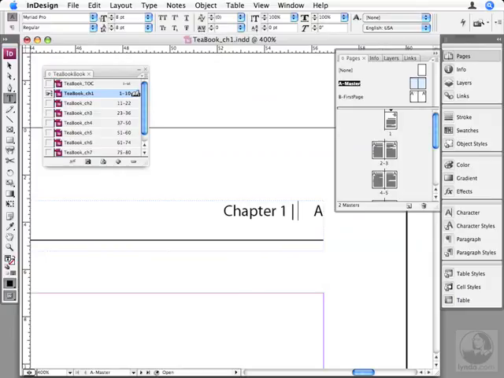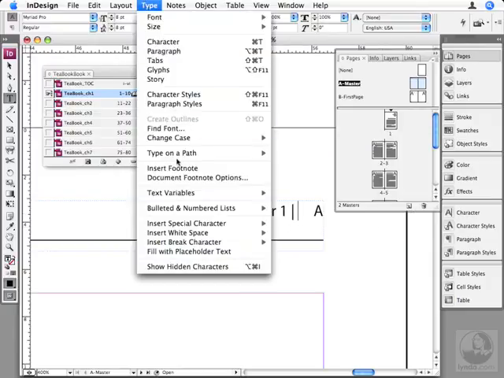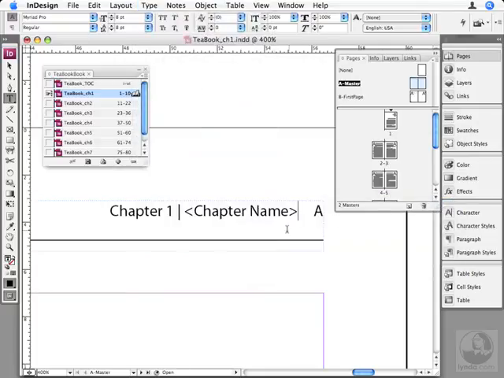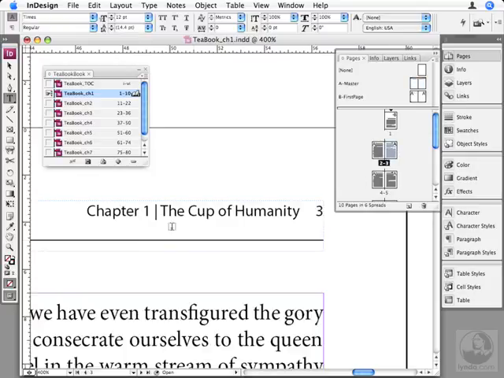and then I will type space, and why don't I just put a vertical bar in here and another space just to break this up a little bit, and then I'll say Type Variables, Insert, Chapter Name. There's the variable we just created. Now, because we're on the master page, it doesn't know what to type in there, so it just says the name of the variable. But as soon as we go back to page 3, we can see that it updated